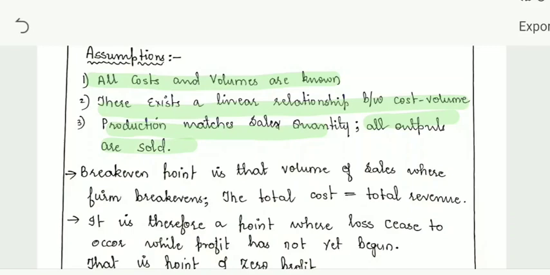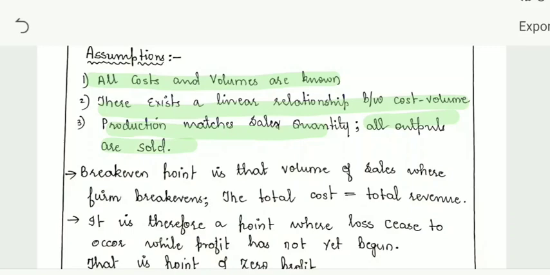It will help you to fix the rates. It will also help you to know beforehand, that is, foresee, whether the investment at this particular point is right or not. Or it will also help you to know after how much time you will start gaining profit. So this is very helpful in any company that you consider.